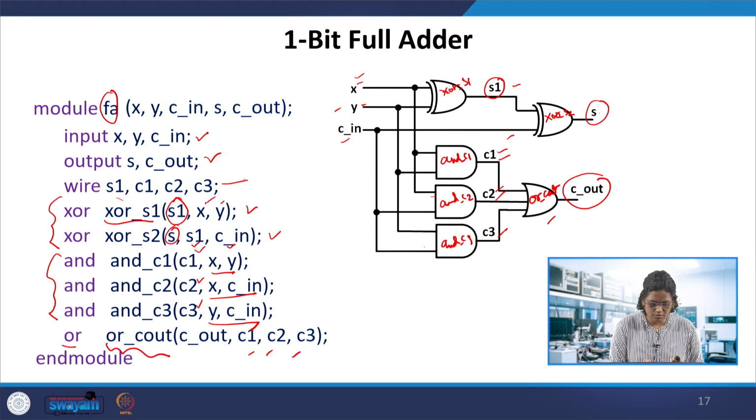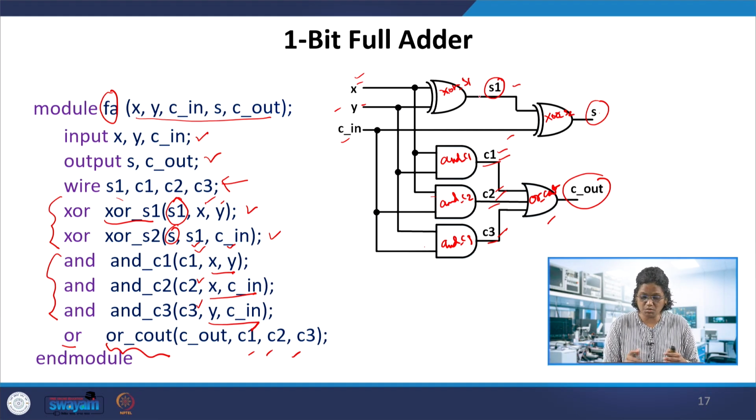If you notice the wires, when you instantiate, you are just talking about the inputs and outputs, the declaration, when the modules are getting input and output signals. But the output S1 is an intermediate one which is not declared in the port names. Also C1, C2, C3 are not known to the module. These are known: X, Y, Cin, S, Cout. But what about S1, C1, C2, C3?